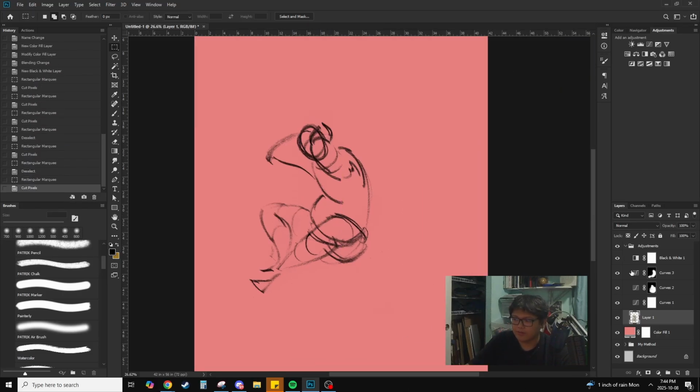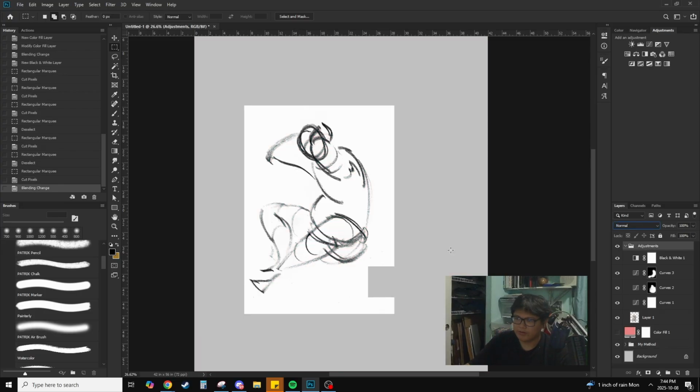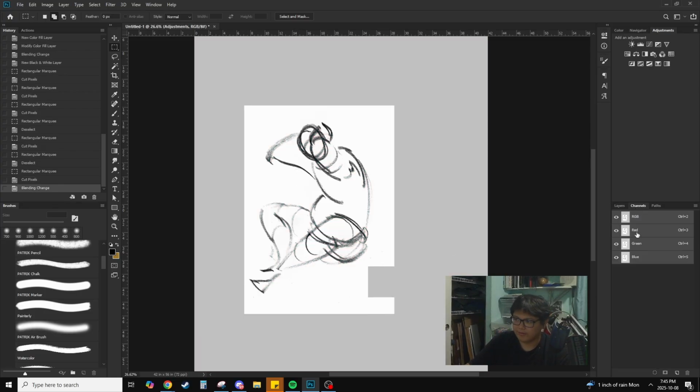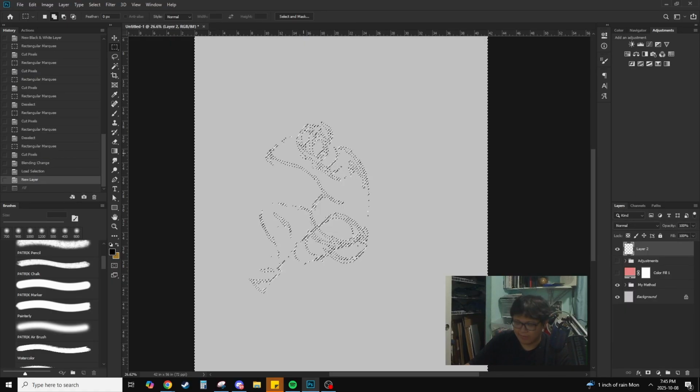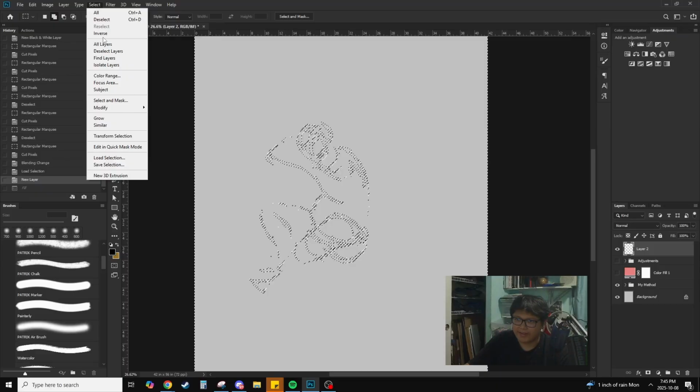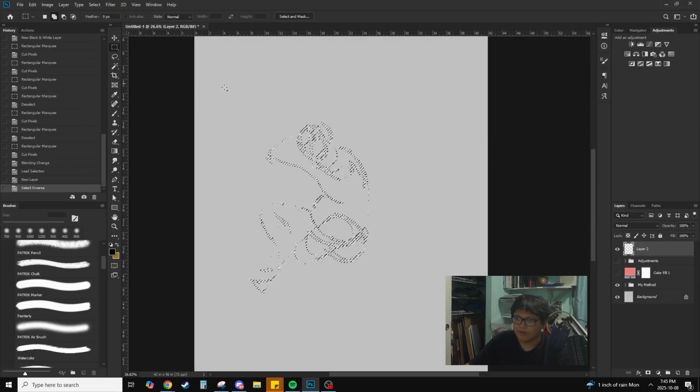Now what I do personally, I like to do this method. If we turn off the multiply layer again, and we only have our black and white image, I can go to channels, and here we see our red, green, and blue image. If I control left click RGB, it'll create a mask around areas that only have black. Now that we have our mask, I need to invert the selection. So I go to select, inverse, and now it should just have a mask around my areas that were black,